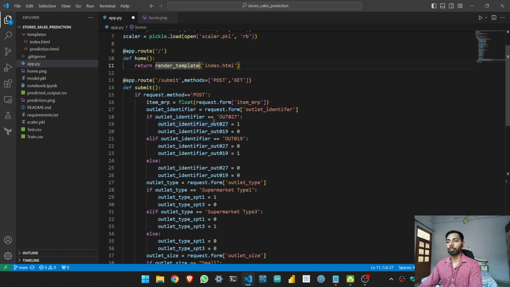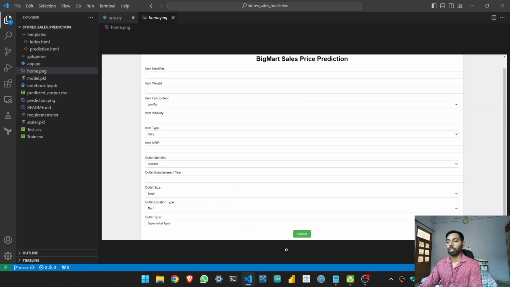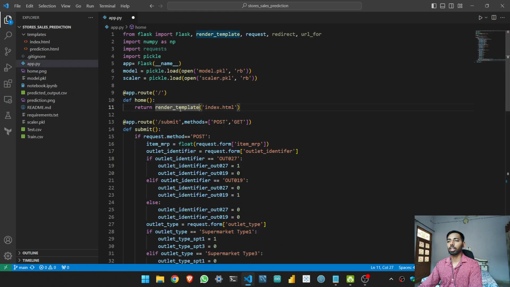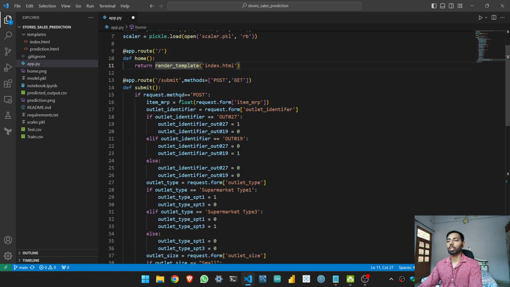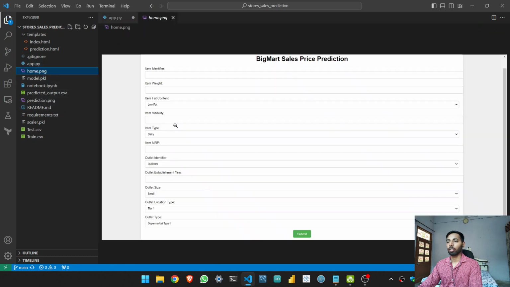Okay, so when we hit the submit button, we get request.method equal to POST, and we will define our values using request.form, item MRP, we will load our values,